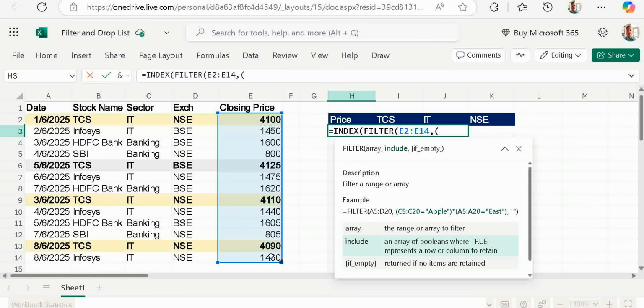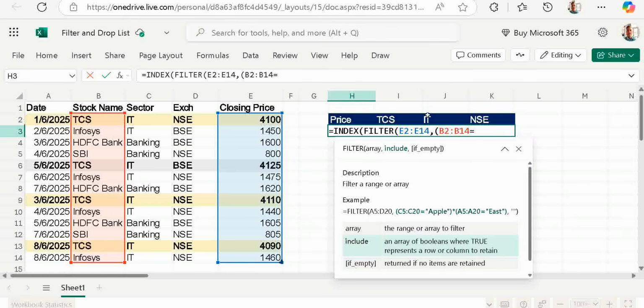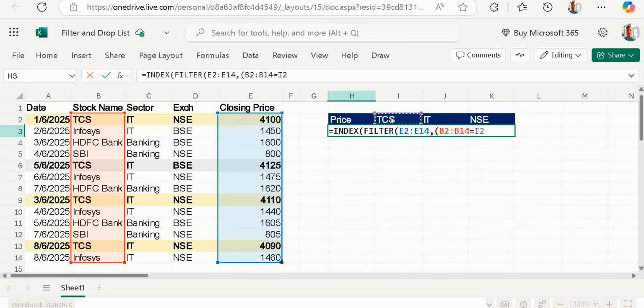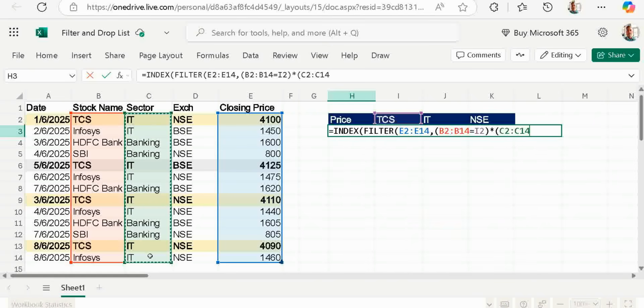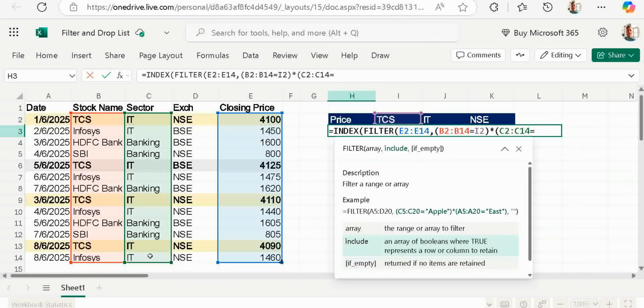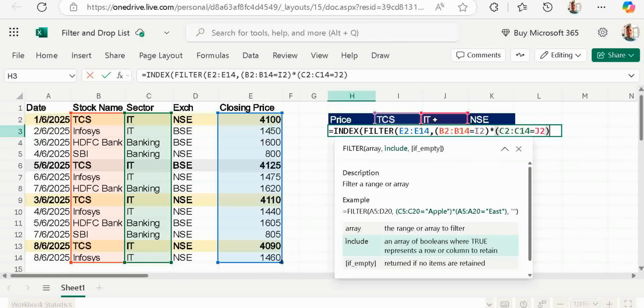So bracket open, the first filter is TCS, just give the range, it should be TCS, bracket close, asterisk, bracket open, again one more filter. This is sector is IT, just give IT, bracket closed, asterisk,